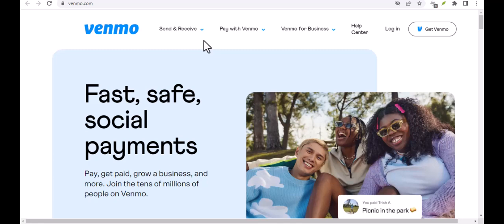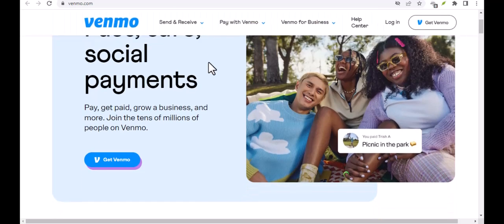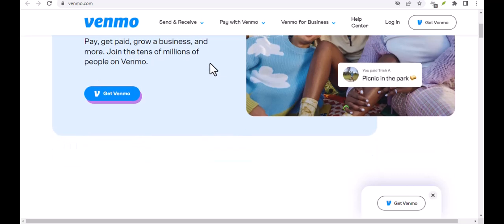Ever found yourself wondering if that handy app you use to split dinner bills with friends can actually power your side hustle or even your full-blown business? Can Venmo, the go-to for peer-to-peer payments, seamlessly transition from personal transactions to professional endeavors? And if so, what's the catch? What are the rules, the fees, and the potential pitfalls of trying to mix your personal Venmo life with your